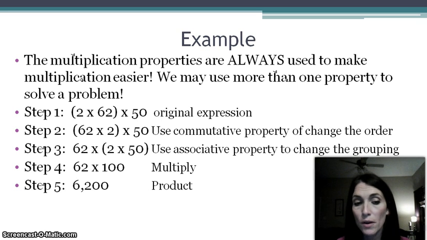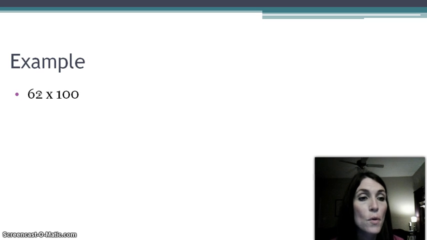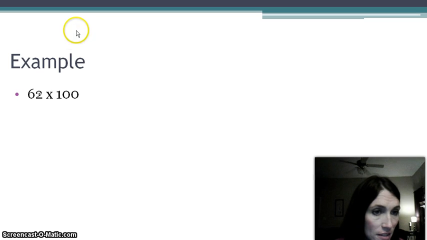So I want to show you a couple of quick little hints. In order to multiply 62 times 100 together, sometimes whenever we have numbers that end in zeros, if we line them up the traditional standard algorithm to do multiplication, sometimes we can get a little confused and not know what to do with all of those zeros. So I'd like to share with you a couple of techniques for multiplying numbers like this that end in 0. If we take the 62,